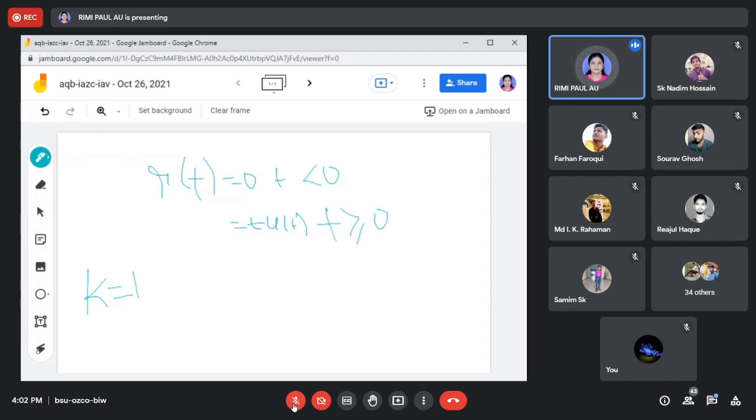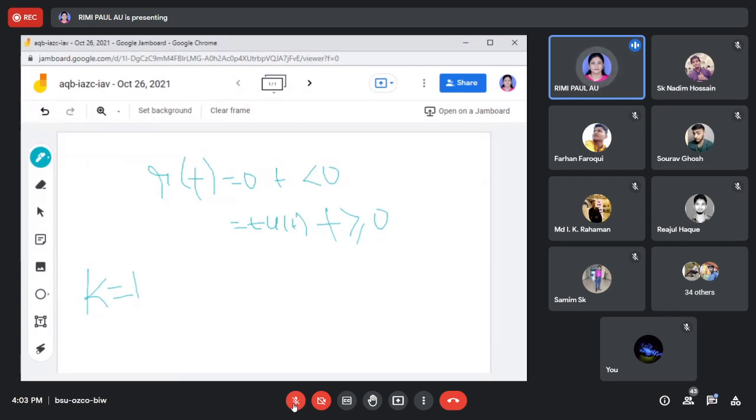Okay, to represent this we have multiplied with u(t). Otherwise, for the unit ramp we can put k is equal to 1. We can put the value k is equal to 1 that represents that it is a unit ramp function. In the same way we can shift this unit ramp function and we can write.